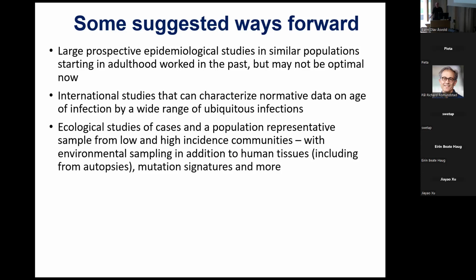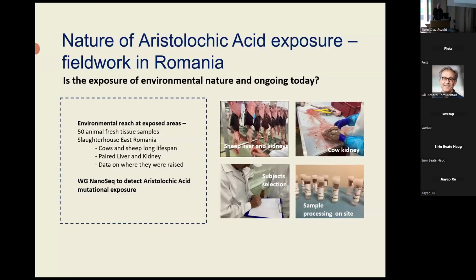We talk about ubiquitous exposures within geographically contiguous regions. So maybe those things that we were taught, I was certainly taught, and used to teach, were rather low down in the epidemiological hierarchy, like time trend studies, like ecological studies in different environments. Maybe those sorts of studies would be valuable, but using new technologies: environmental sampling, getting human tissues, including from autopsy studies, looking at mutation signatures, etc. Mutation signatures is quite an exciting